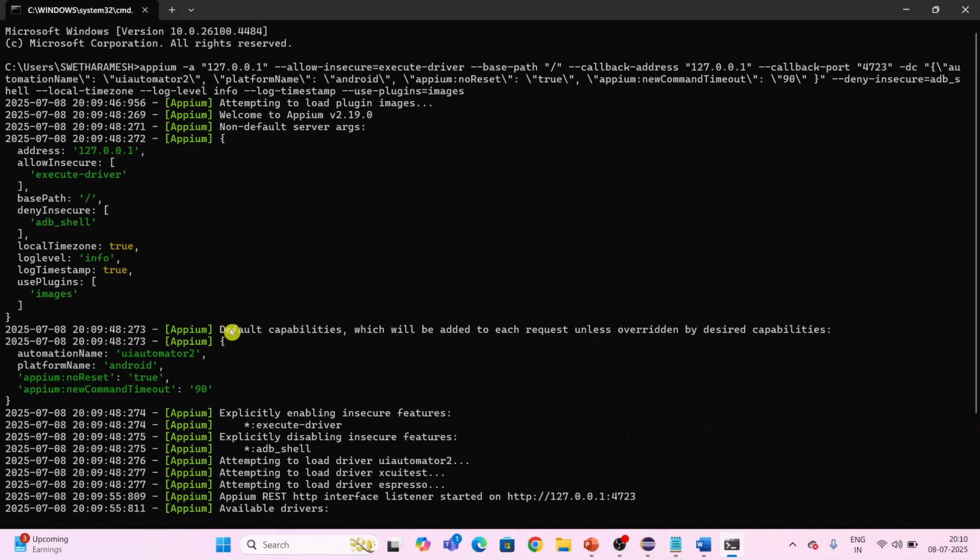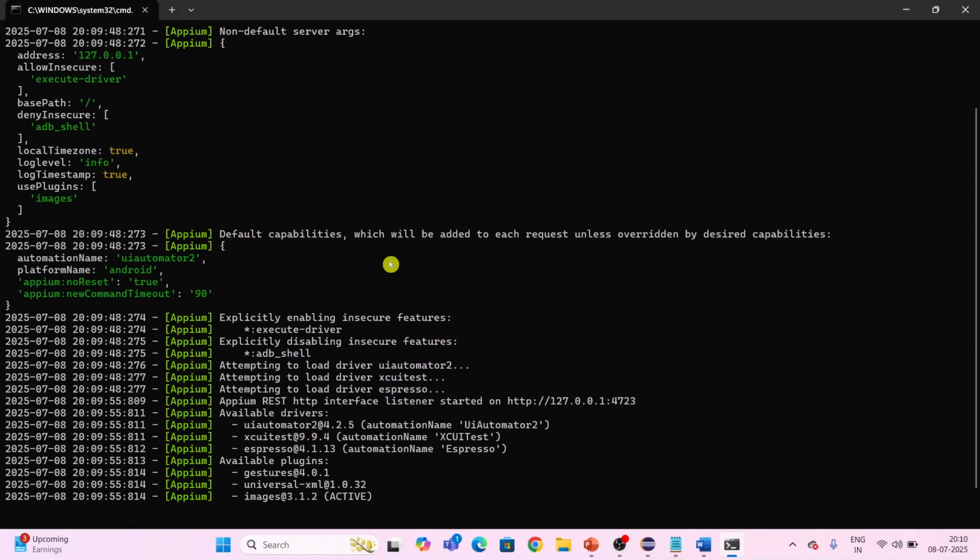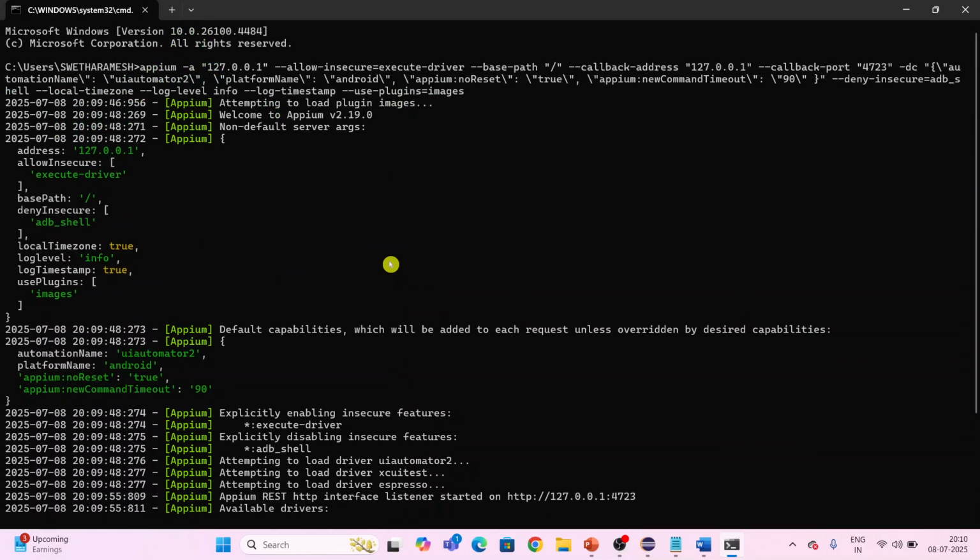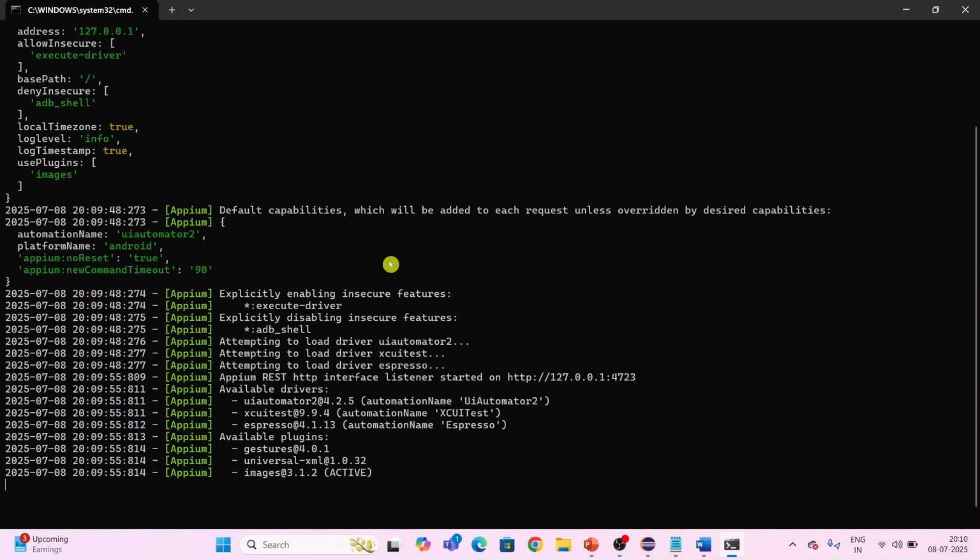In a future run, I want to change the settings, so I'll go here and change them. For another run I want to add some more arguments. Maintenance is very problematic because I have to add the arguments one by one and delete and add all these things. That is not a good way to launch the Appium server through the command prompt with this many settings. To overcome this challenge,